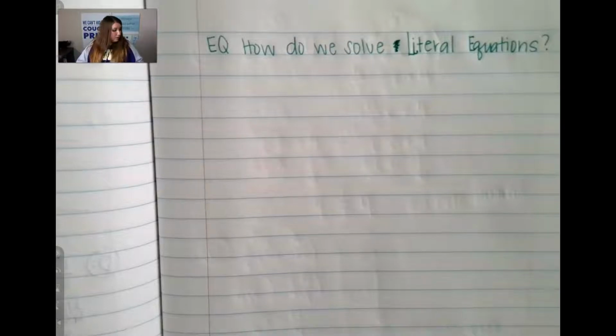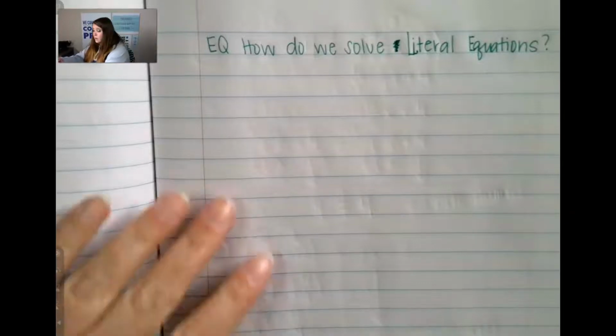Hello, today we are going to be talking about literal equations. Over the last couple of lessons, we've been solving multi-step equations. In our multi-step equations, we've talked about how they've had just one variable, and that variable can be on either one side of the equal sign or on two sides of the equal sign. They can have one solution, two solutions, no solutions, multiple solutions, but today what we're going to talk about are